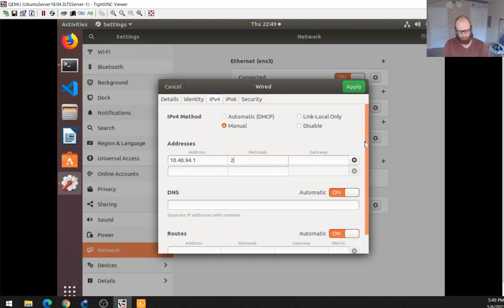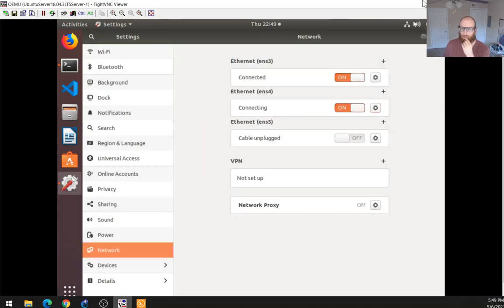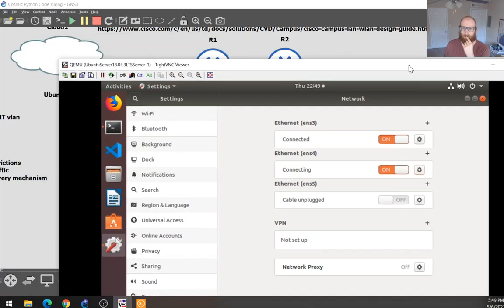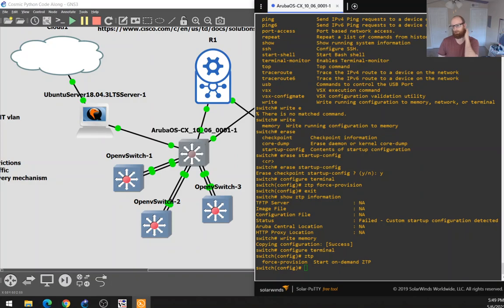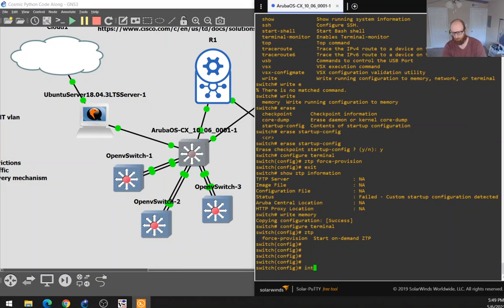We'll give a net mask of /24. There you go. And we don't need a gateway. We'll just do one large network. Okay, and then we'll actually give a